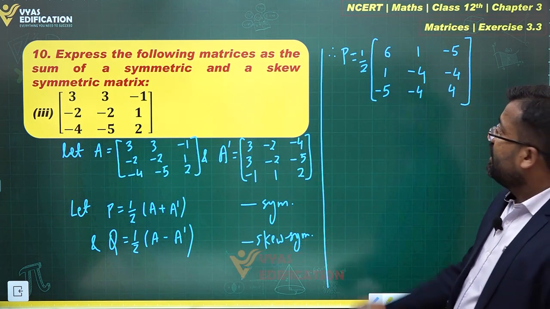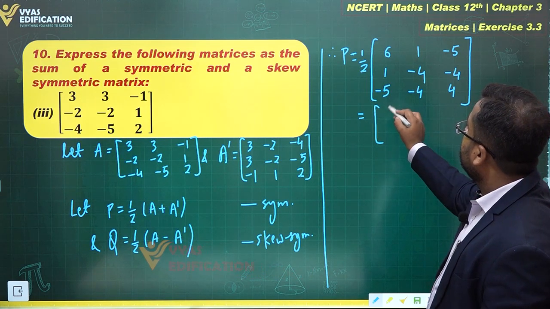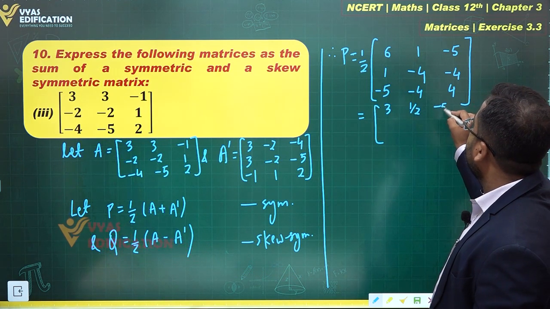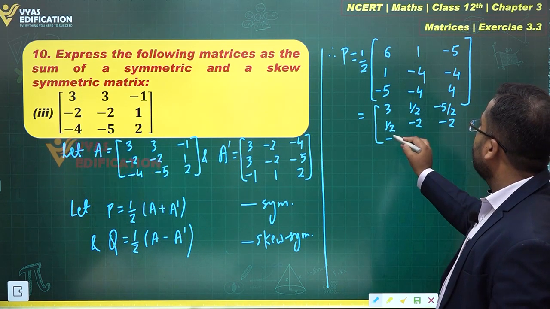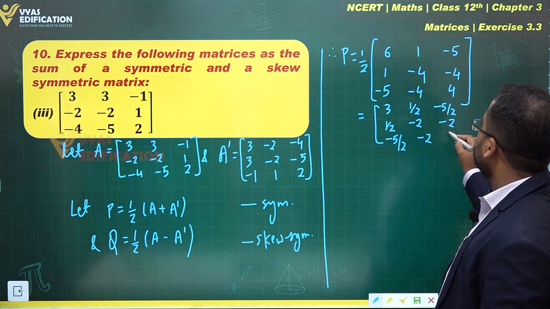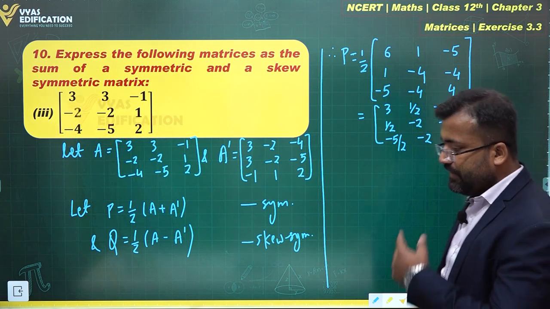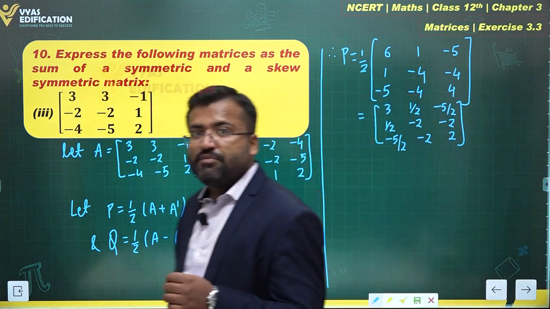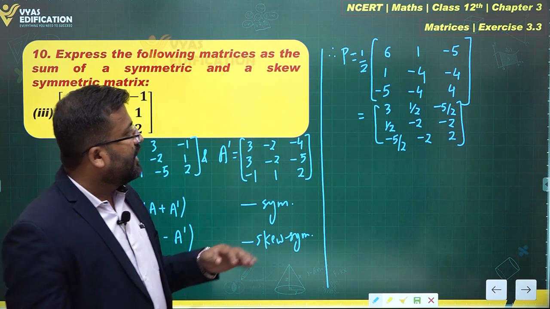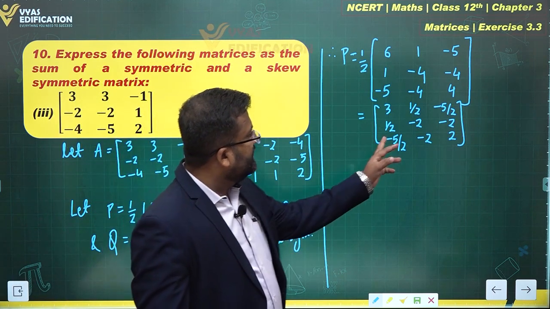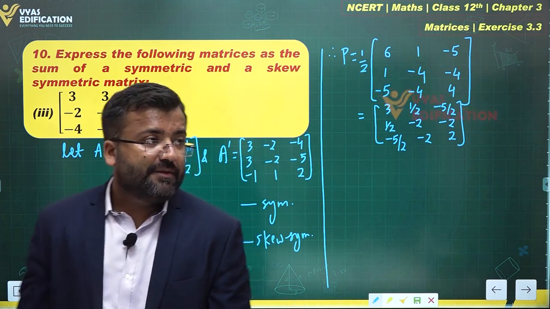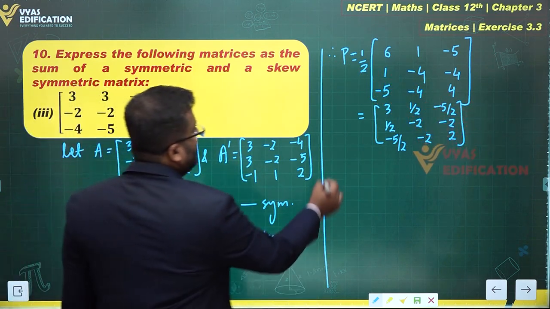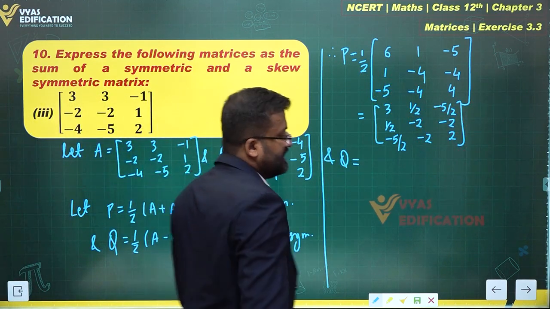This is the matrix P, which is equal to 3, 1 by 2, minus 5 by 2, 1 by 2, minus 2, minus 2, minus 5 by 2, minus 2, 2. This is what I have, right? This is matrix P, which, as you can clearly observe, is a symmetric matrix, right? These two elements are the same across the diagonal, right? What next? And Q matrix is half of